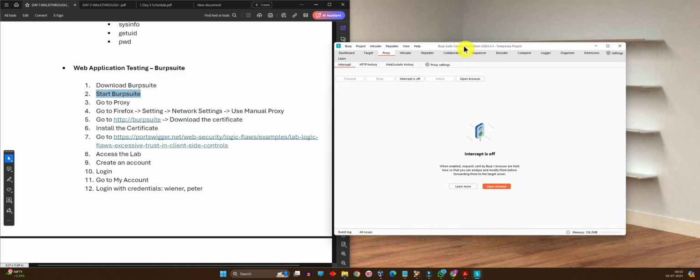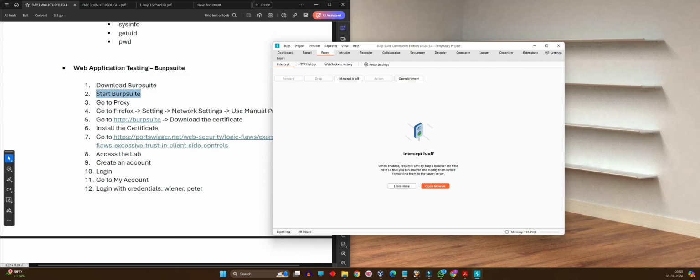So over here, using Burpsuite, what we are going to do is create a proxy. As you can see, there is something called intercept. Right now the intercept is off. I can turn it on, but what exactly it will do is capture all the packets that are going through that computer and read all those packets. Then if I am the attacker, I have the option of reading those contents and forwarding those contents to the server. But when I'm forwarding the packets,